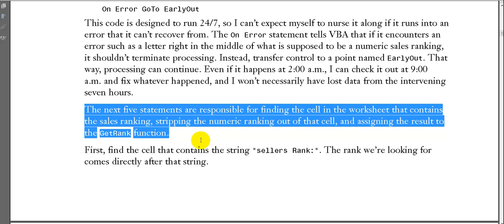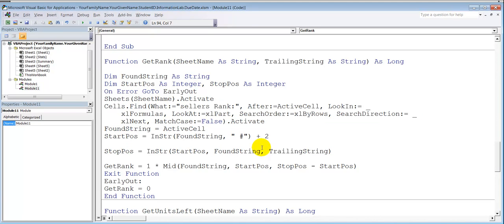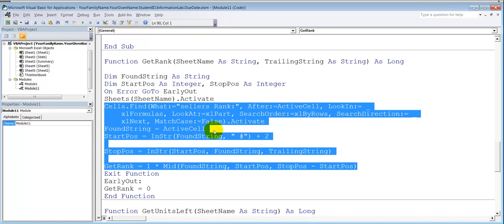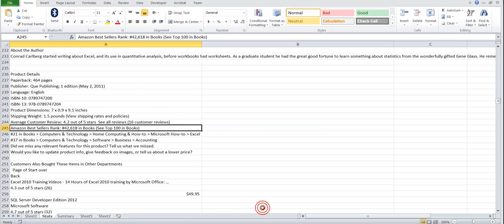Okay, now, here's the code. Here's the beginning. All of the code goes here, but the first part is here. So it says Cells.Find. So that's just find. When you do Find in Excel, that's basically what we're doing here. Now, just to show you that that's true, if you don't know this, I should have actually gone through this earlier, but